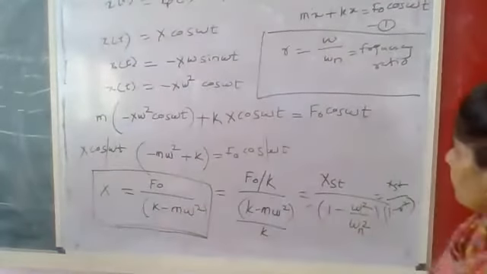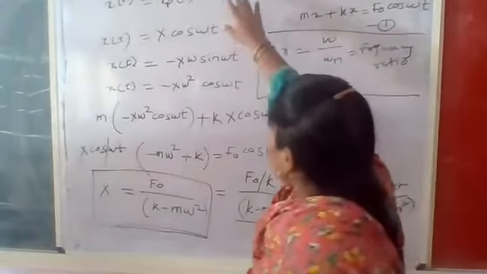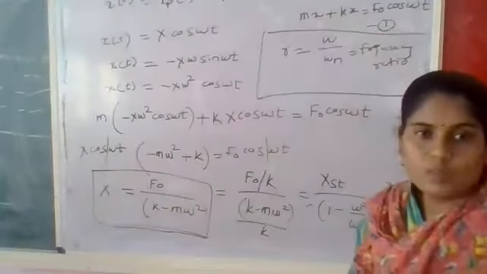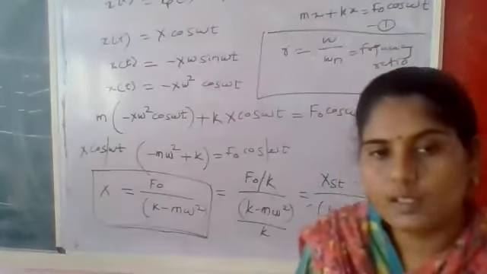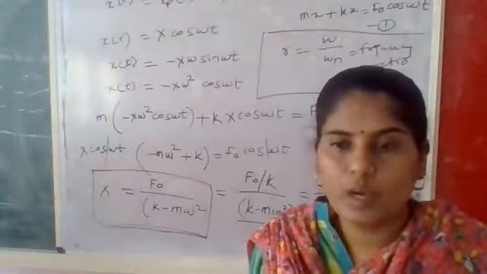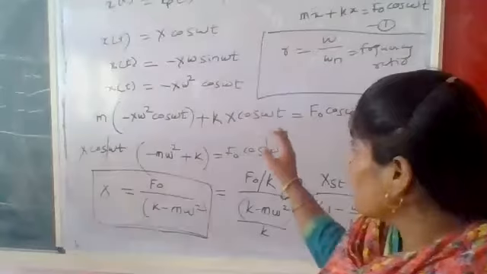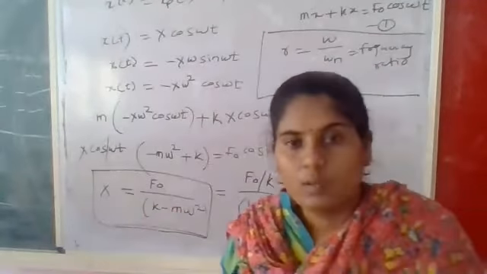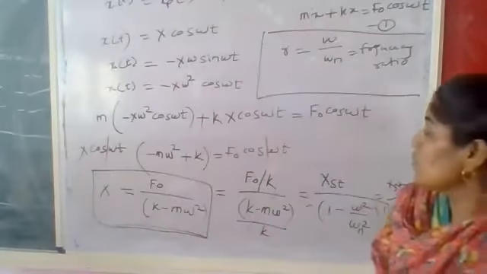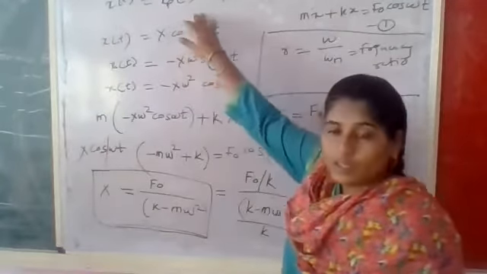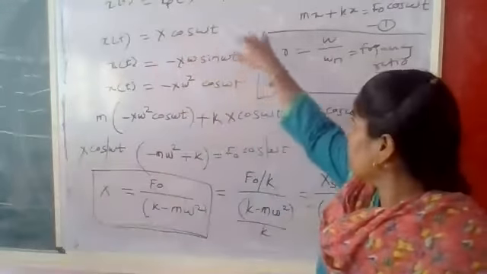We have seen up to this forced vibration of single degree of freedom system. We have seen the first point, that is the mass spring damper system. We have shown the diagram based on the forced vibration. Beyond this, we have started this particular integral and the second, that is the harmonic integral, and